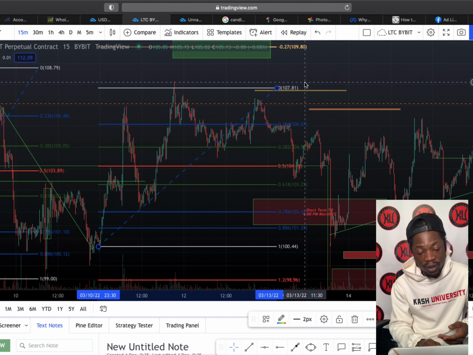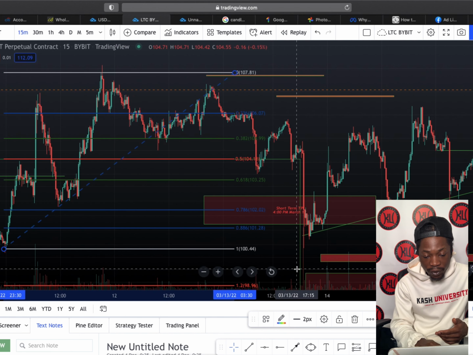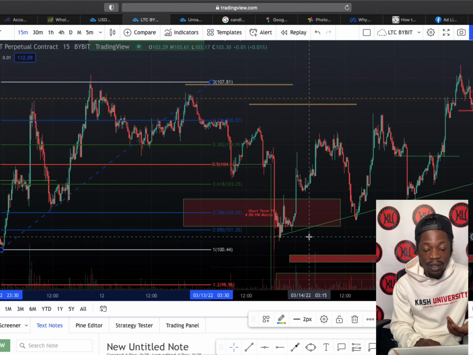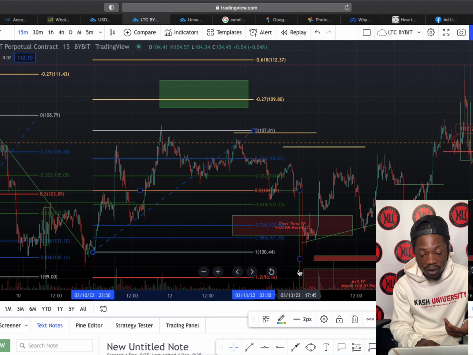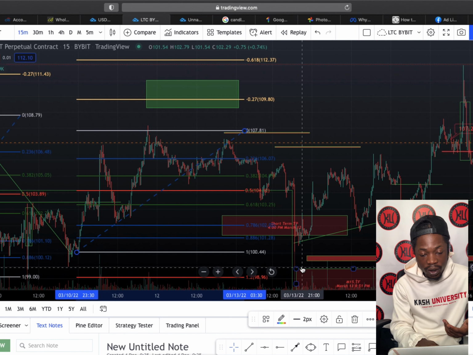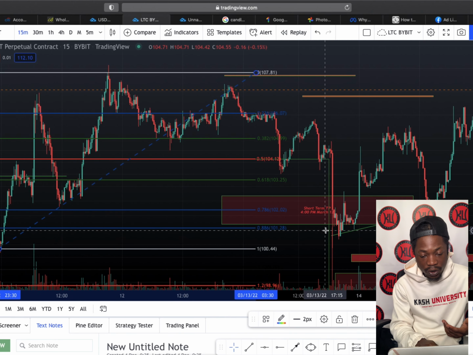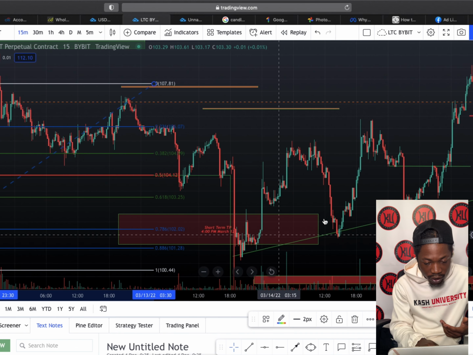Don't get too greedy, because you will get slaughtered. Now, what you're gonna wait for is for price to engulf again. Once it didn't break structure to go down, once it didn't hit your stop loss or anything, you're still gonna wait for price to engulf, right? So you could have gotten an entry right here,